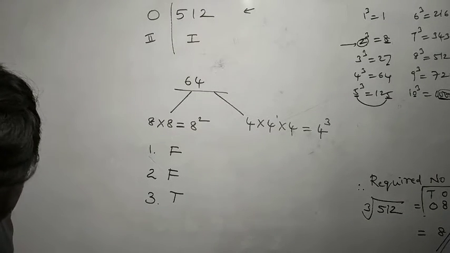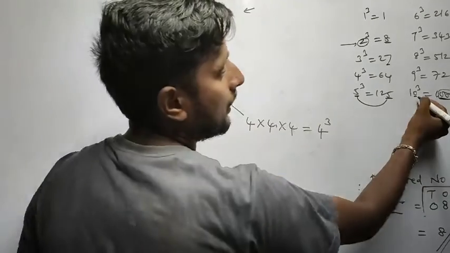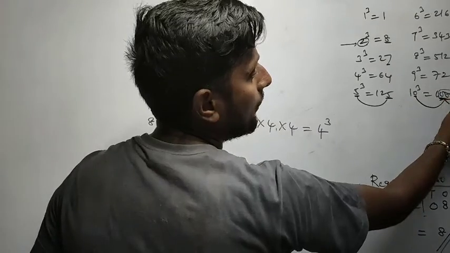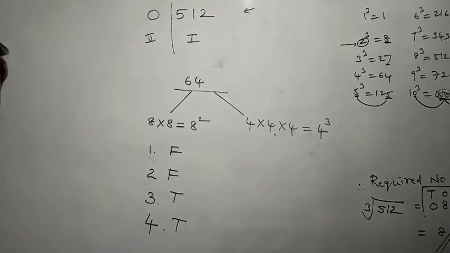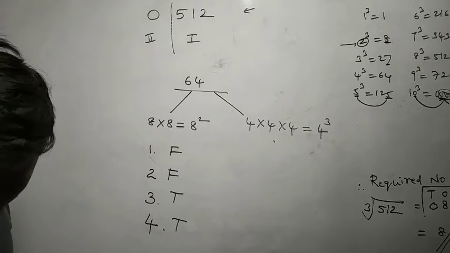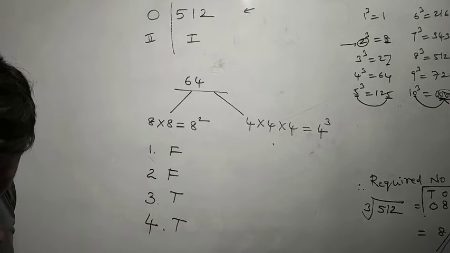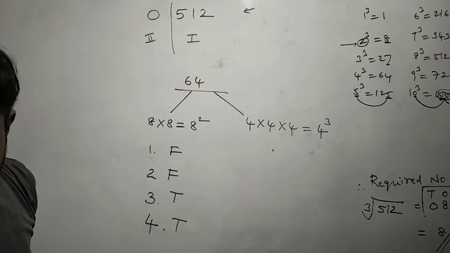Next, fourth statement. If the cube of a number ends with 0, it has 3 zeros at its right. Yeah. If I have 10 as a number, definitely it has 3 zeros in the result. So it is also true. So like that you have to apply the rules for true or false also. Look at the fifth one, it looks somewhat different. The cube of a single digit number is always a single digit number.